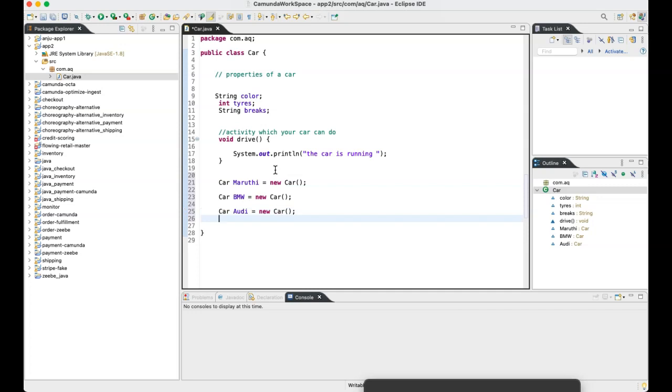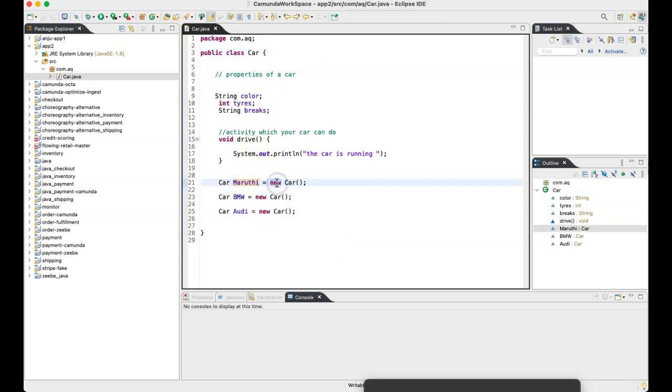So I'll explain what we are trying to do here. We declared a class called car, and in that we've defined the few properties which a car can have, and what a car can do is drive, right? Based on this blueprint, can you create me an object? How is the object created?